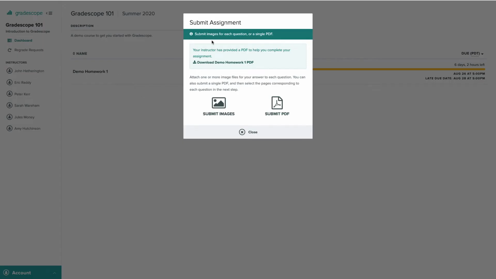If this were a timed assignment, the first thing we would have seen here is a message explaining how many minutes we have to submit our work. In this case, although we do of course have a due date, there won't be a time limit on our work session. So we see that our instructor has allowed us to view our assignment template with the questions we'll be answering. We click this link to view it.